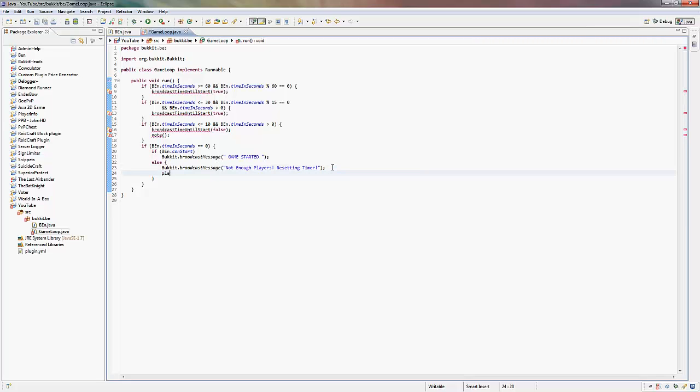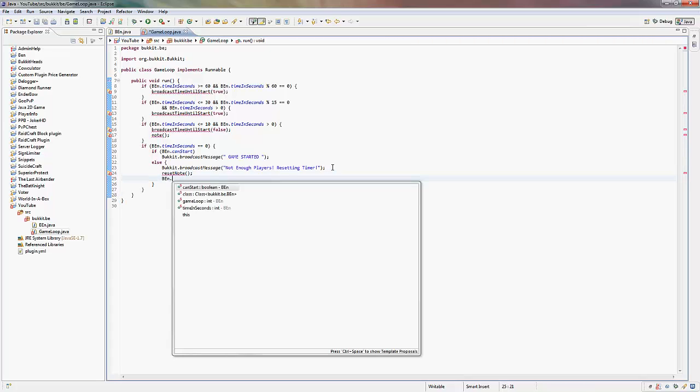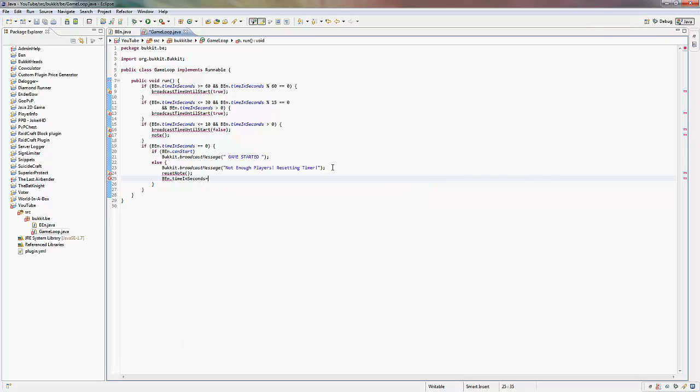Anyway, and then we're going to say play note or reset note, like that. And then we're going to reset the time. So ben.timeseconds is equal to 121. So every time this gets run, every second, it's going to go back to 121 and it'll go back up to here. Now the reason we set it to 121 and not 120 is because what we say is